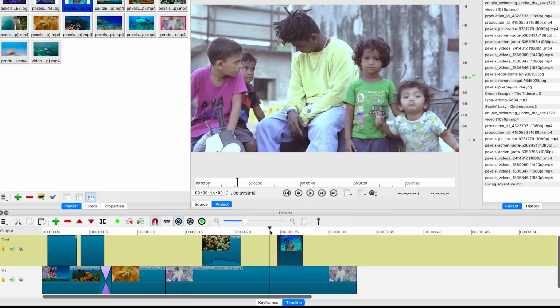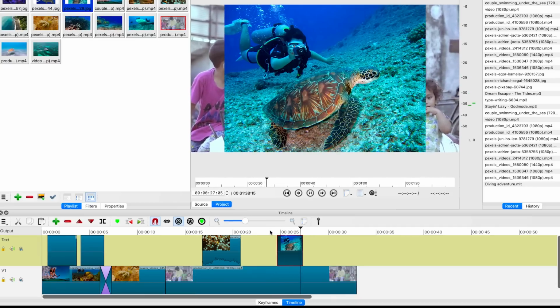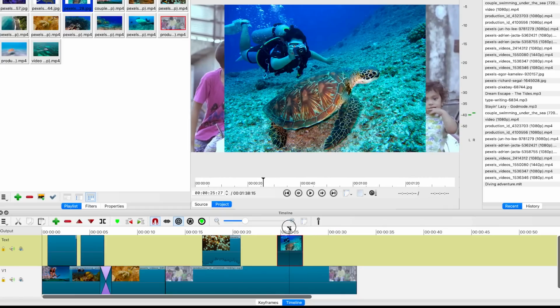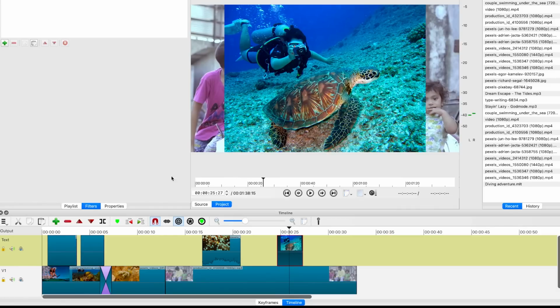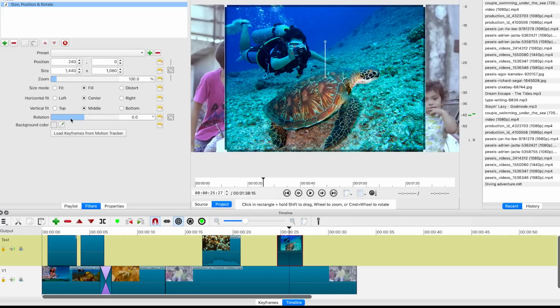So you can come over here and play it to have a preview. Okay, this moves in and out. But if you notice, this is not complete. This doesn't fill up the entire screen. So we can select and add the same filter. You can come to filters while selecting the same clip, add in the size, position, and rotate filter, and be able to zoom in from here,